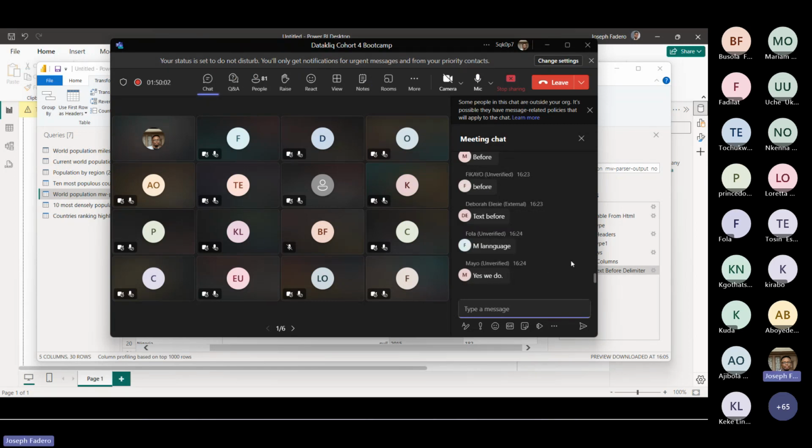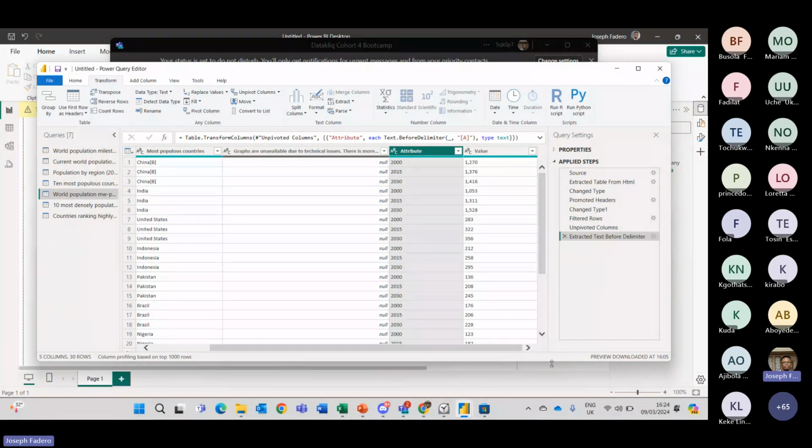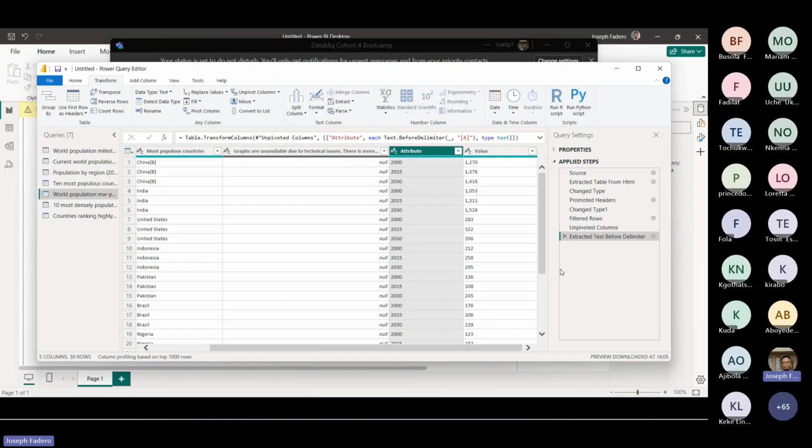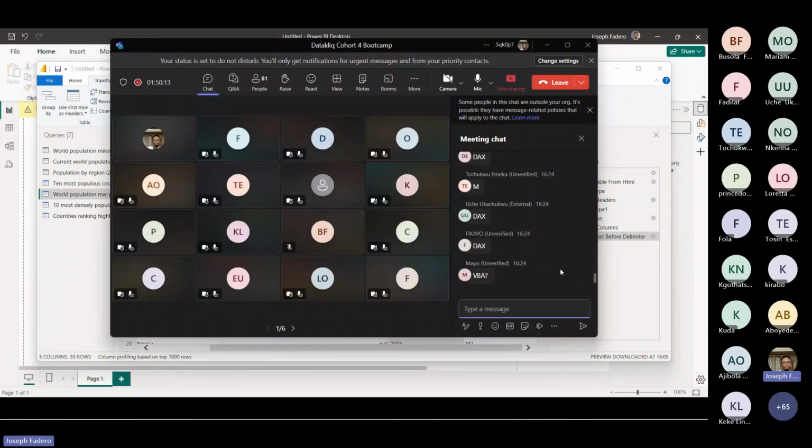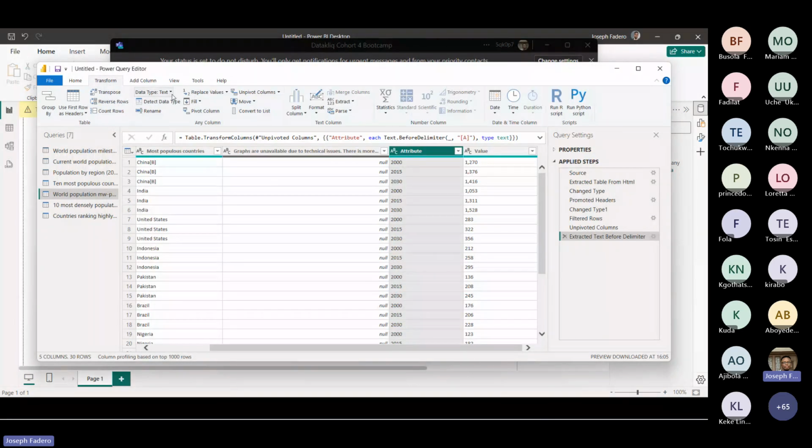Any idea? Somebody said DAX. Well, it's not DAX. M language, exactly. M language is the language behind Power Query. M stands for mashup language.